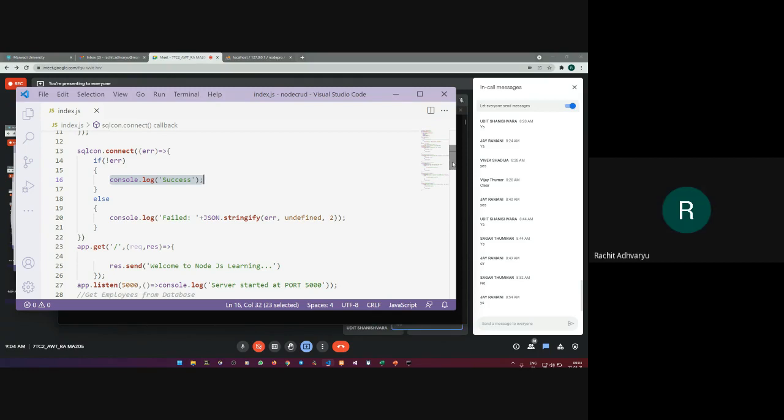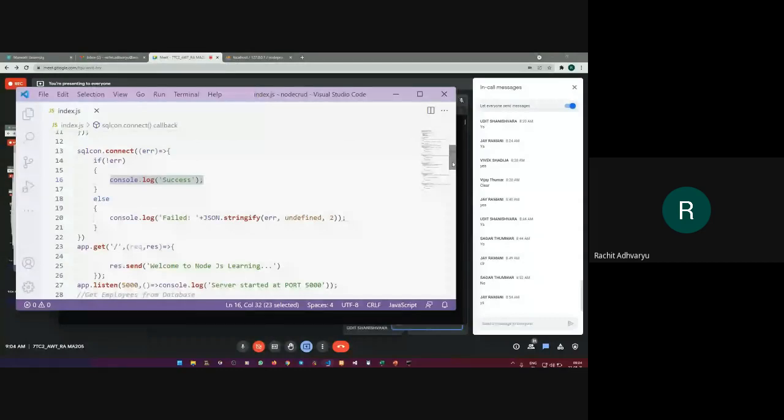Not necessarily, because ultimately, whenever you are working with Node, if you write down your server execution code at the bottom, the first thing that it is going to do is only execute the server execution code. Then and then the rest of the code will be executed. So we cannot say it is purely a top-down approach. Okay. Any more queries, guys, or is it clear so far everything?